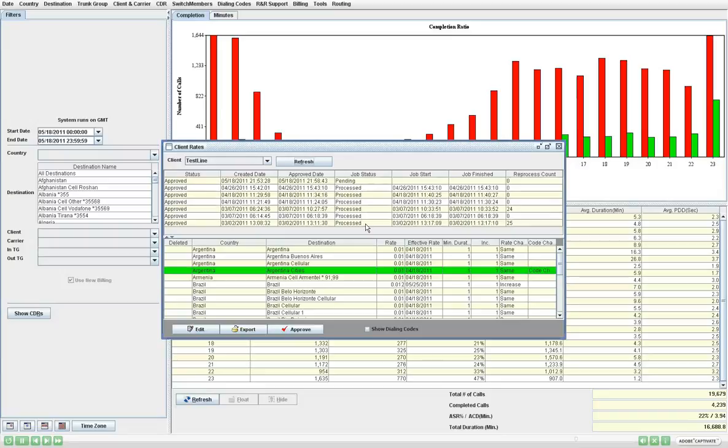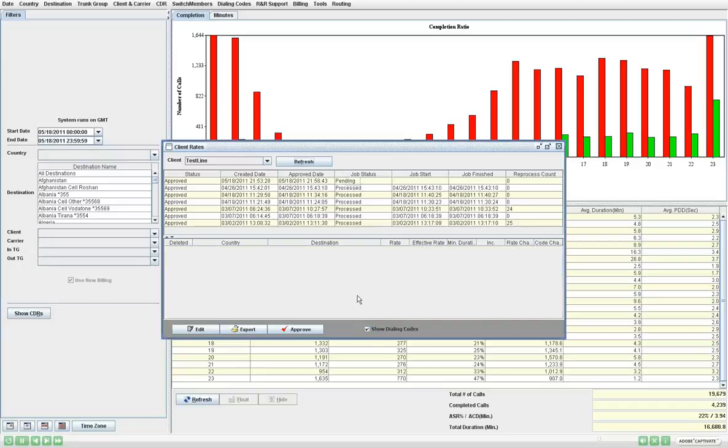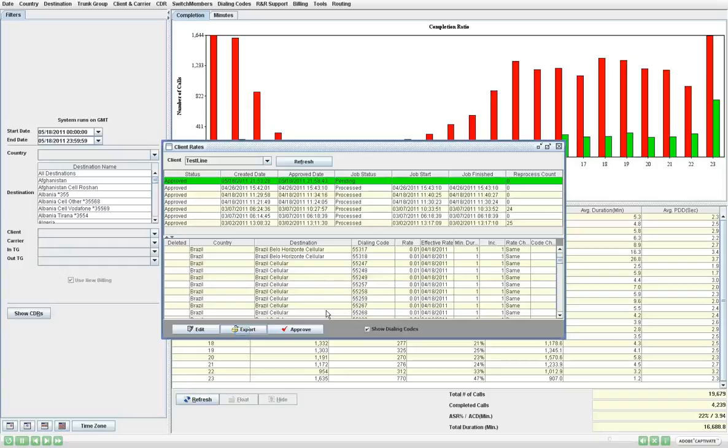Basically, that's the entire procedure. Next step, what could that be? You can decide to export this new rate offering directly for sending to your provider. If you're offering rates with dialing codes, which is a good idea, we can click Show Dialing Codes here. So we're selecting a job, click Show Dialing Codes, and now we have the list with all the dialing codes listed. We can now hit Export,